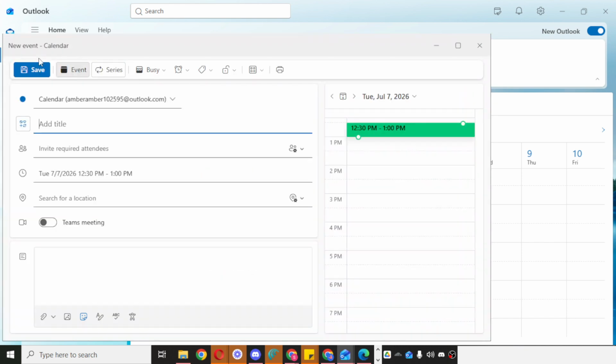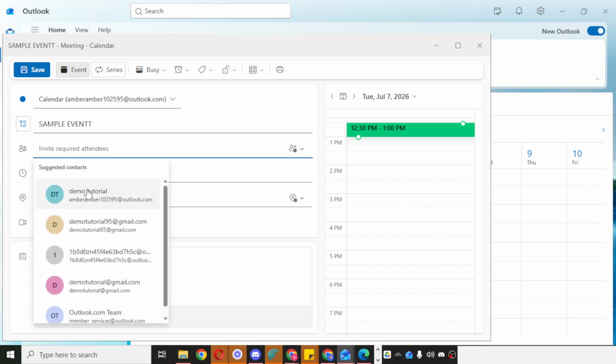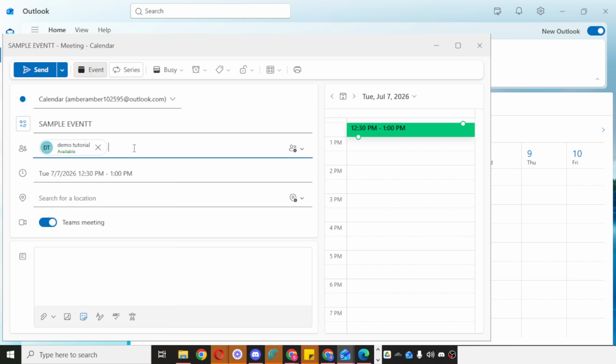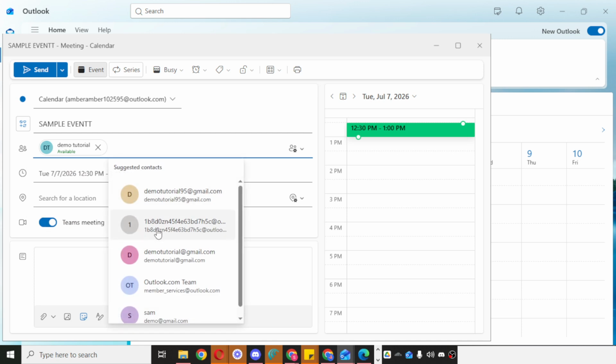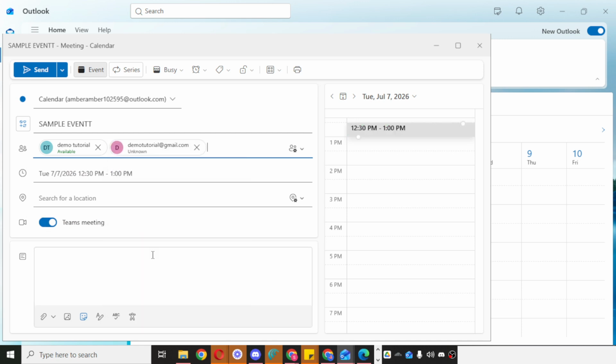Next, add your attendees, along with the meeting time and date. Type in the recipients you want to invite, then choose the correct day and set the start and end time. Be careful to double-check these details before sending, since the date and time are some of the most important parts of any calendar invitation. If needed, you can also review the event details one more time to make sure everything looks correct. Now for the part that hides the recipient list.